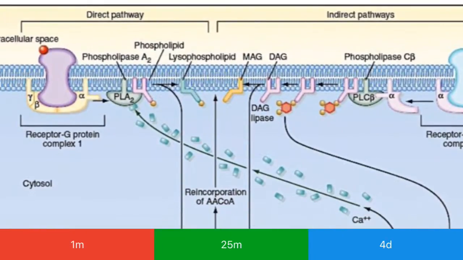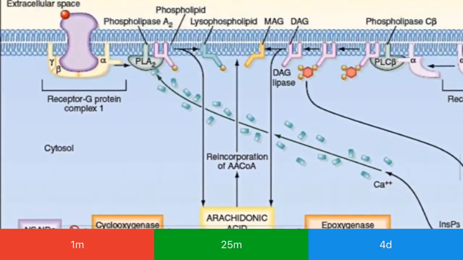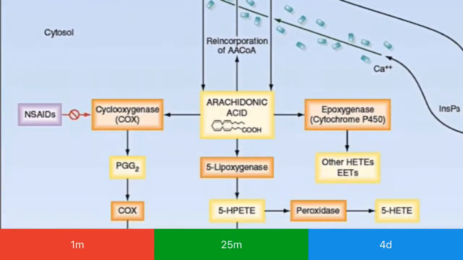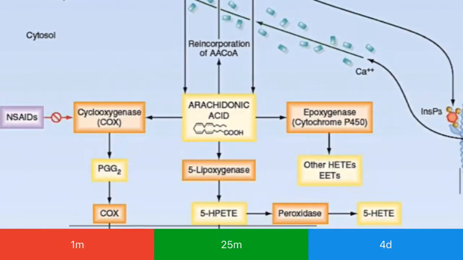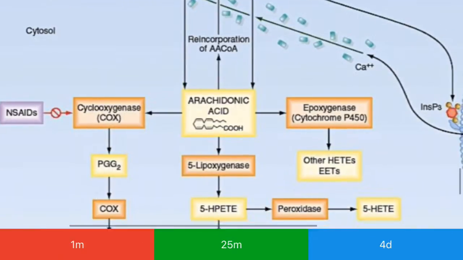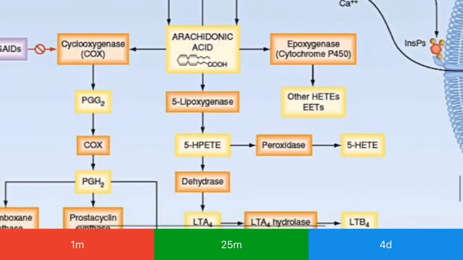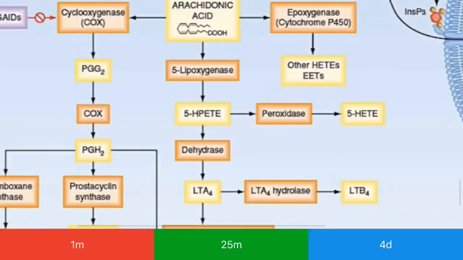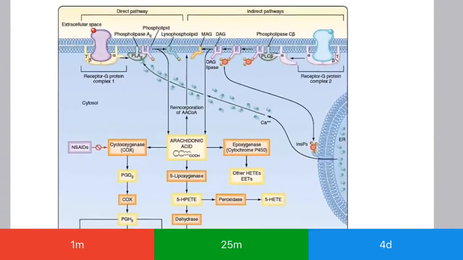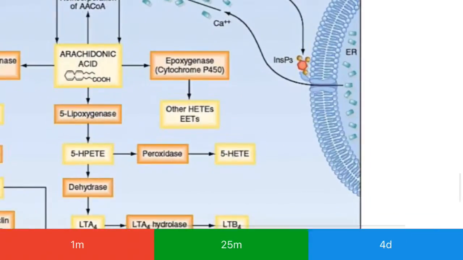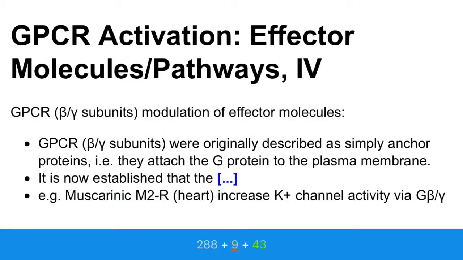There's another one, which is with the phospholipase, and this is the direct pathway, and it goes straight to the signaling of a pathway to convert arachidonic acid into cyclooxygenase and epoxygenase, or cytochrome P450, and it goes through these, or lipoxygenase. And I'm not really familiar with these pathways, but maybe we will be in the future. Okay, yes, this is the smooth endoplasmic reticulum. That makes more sense. Okay, cool, moving on. All right, yes, more